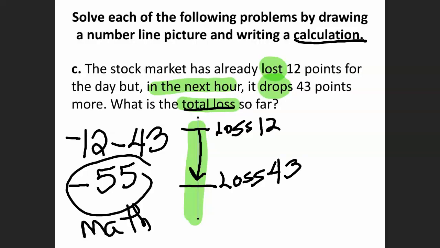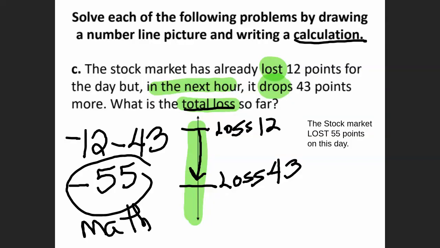But the total loss, we have to interpret. The stock market lost 55 points on this day. Okay. That's how I interpret it. I have a loss of 55 points. Okay. Now,